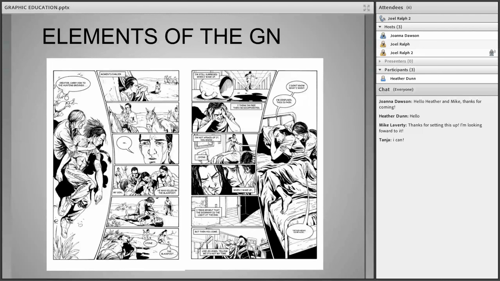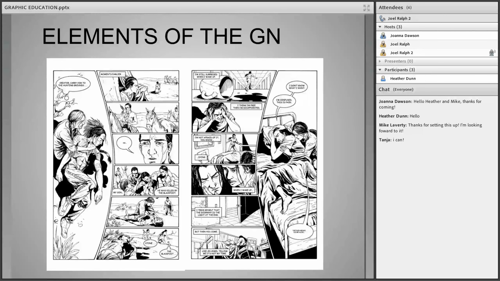Some elements of the graphic novel, as you can see on the top left there, that's a thought bubble. Some of the conversations in the middle there are speech bubbles. You have captioning, which is usually the narration. And then you have other elements such as facial expressions,